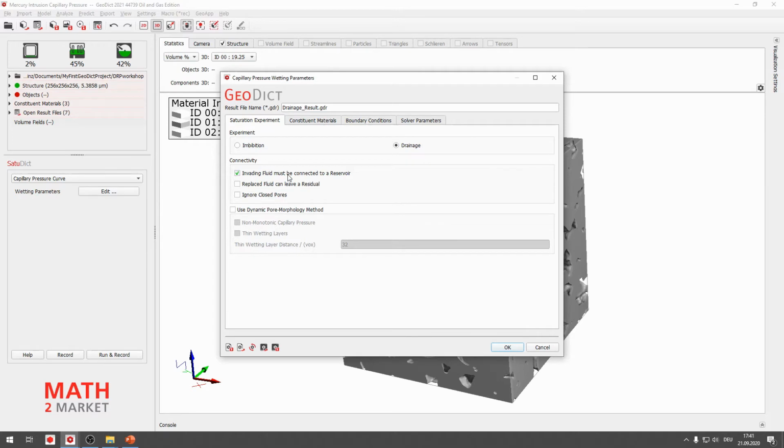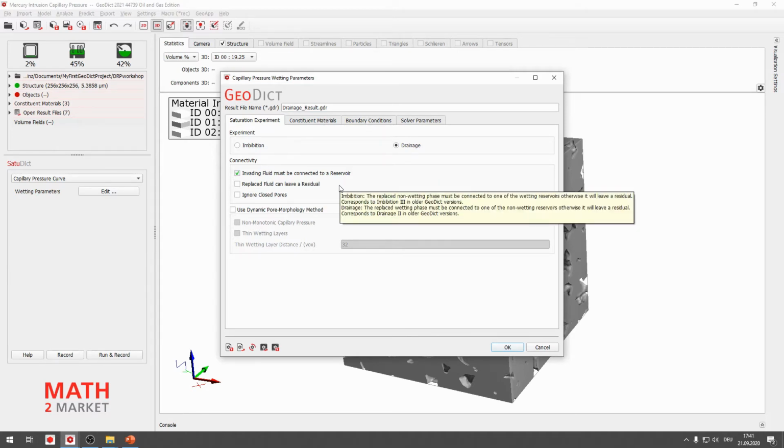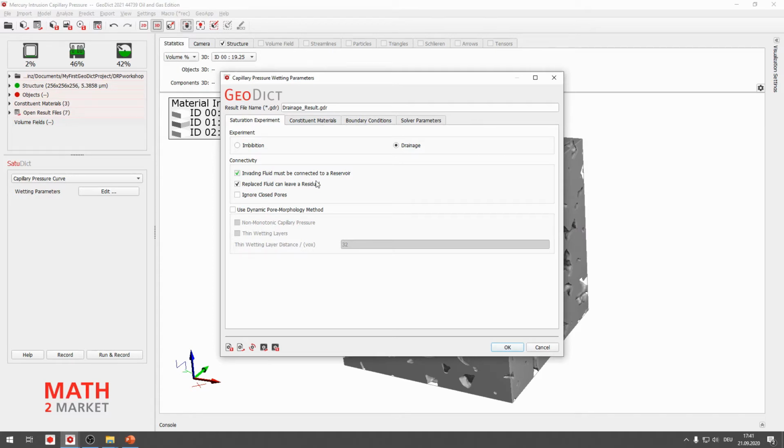In that case, the invading fluid must be connected to a reservoir, as it always has to be in a reservoir rock computation. And the replaced fluid can leave a residual. This is, of course, true for applications in the oil and gas industry, so we want to click this, of course. Then you have the option to use the dynamic pore morphology method, which you can try on your own after the workshop. You can use it to compute a non-monotonic capillary pressure curve, for example,